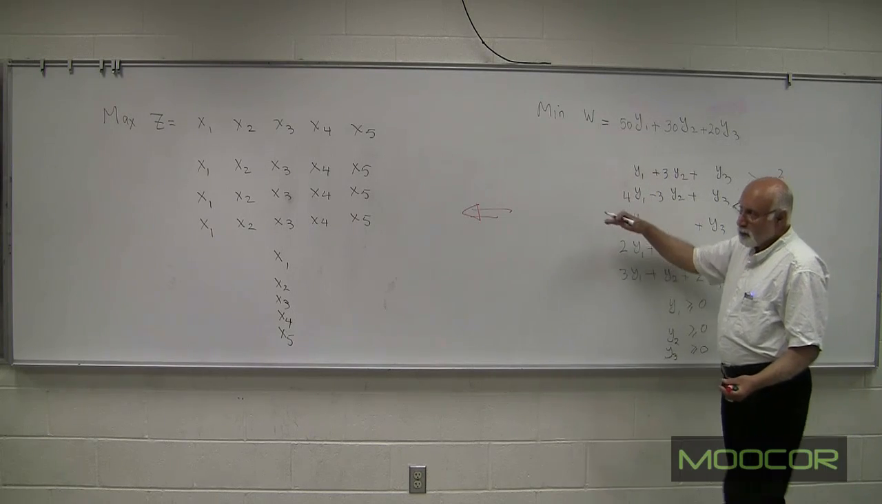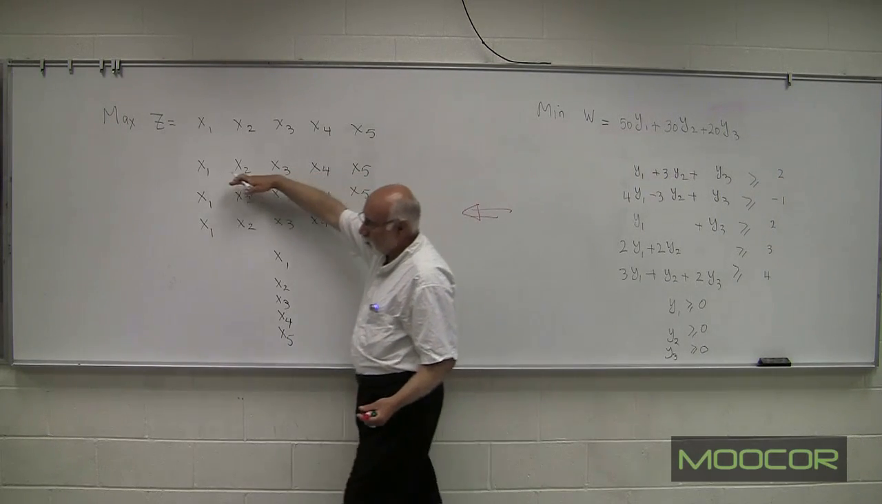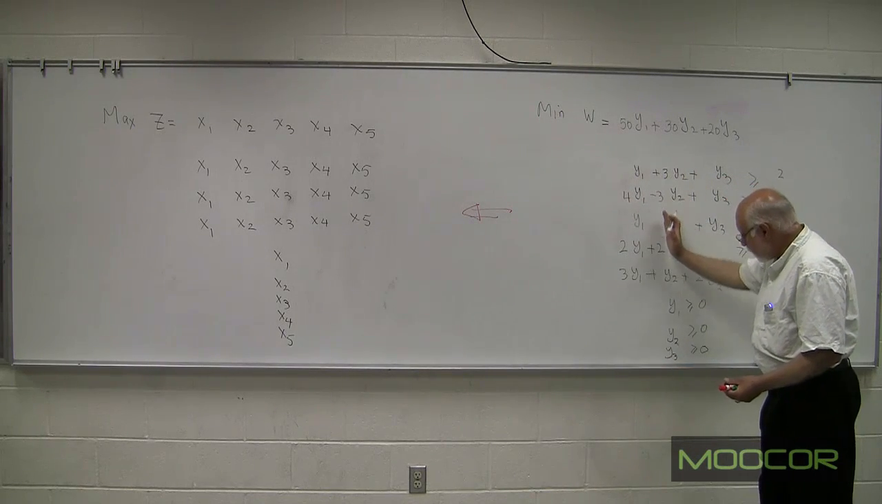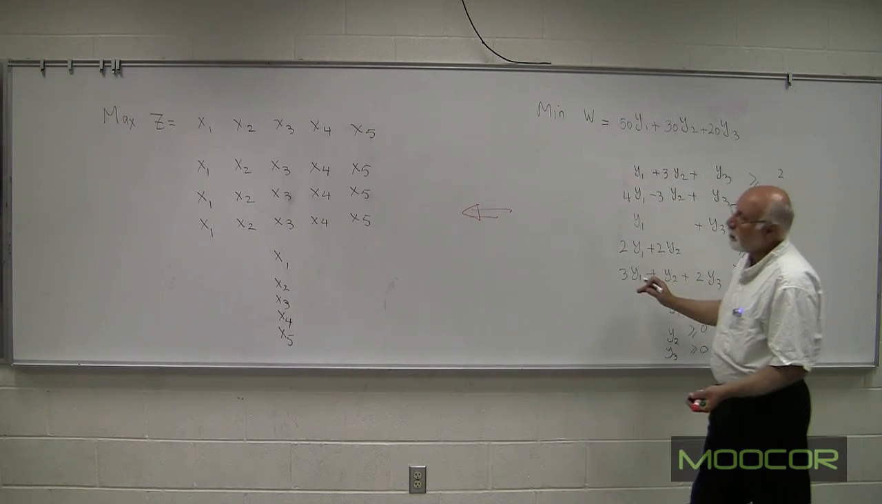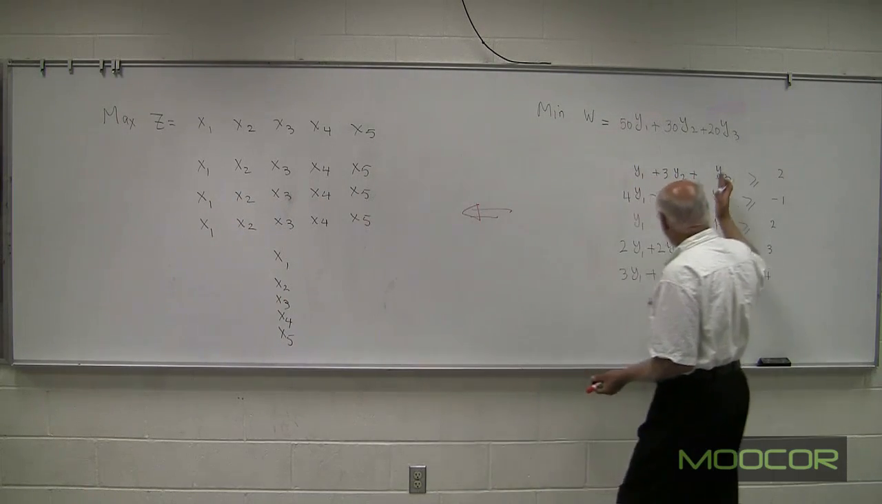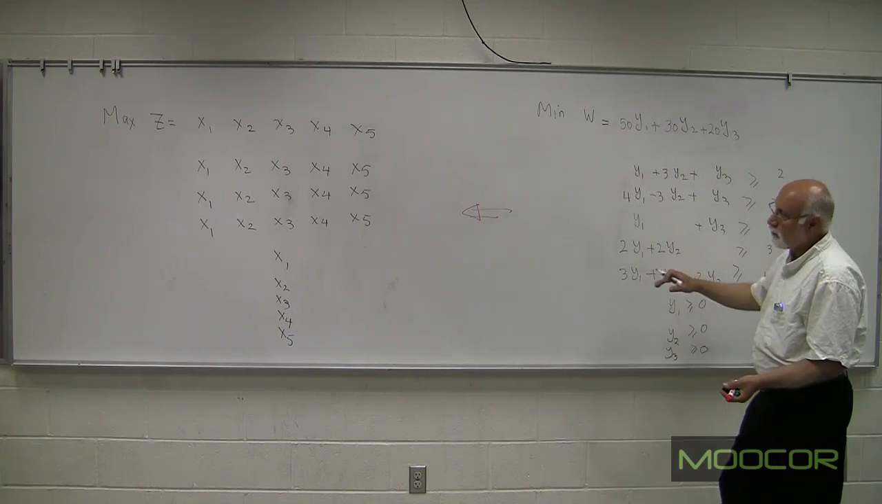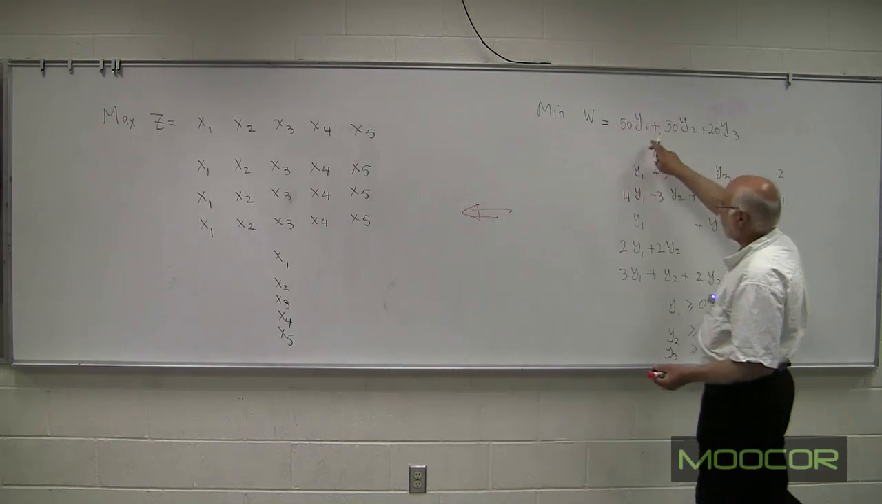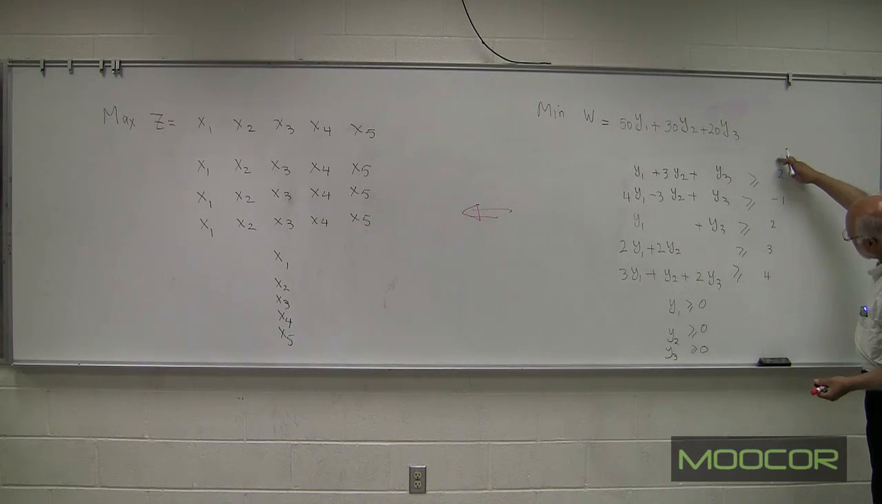This column becomes the coefficient of the first row. For y2, this column becomes the coefficient of this row. And for y3, this column becomes the coefficient of that. The 2 other things that we have talked about are that this